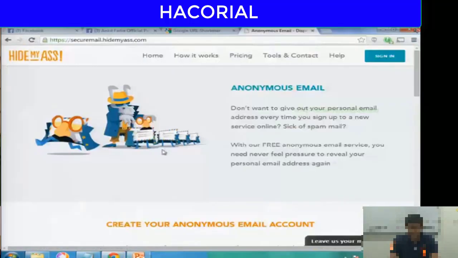So if you remember that website, hidemyass.com, they have this service of anonymous email that you can actually use to, number one, protect your privacy. A lot of times, some companies or some